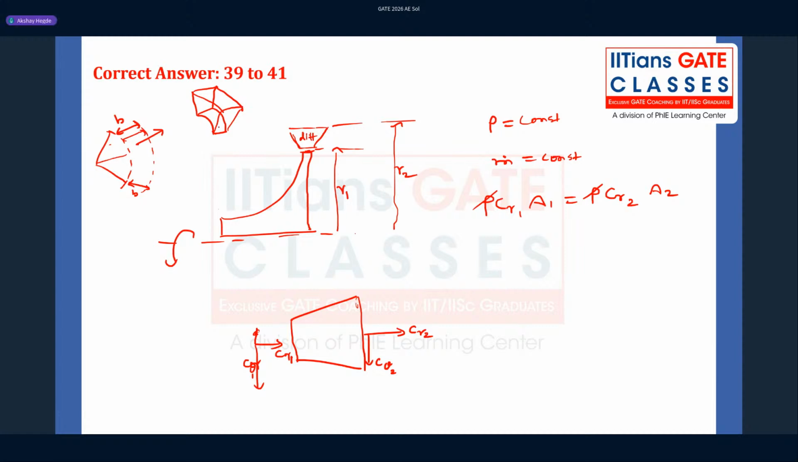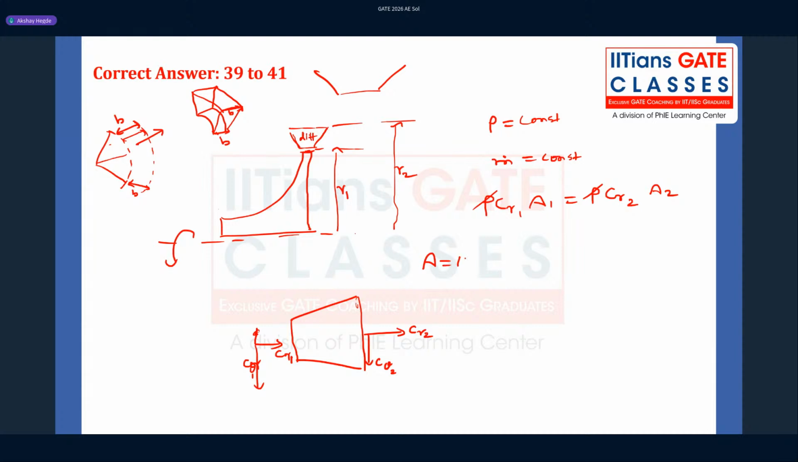So this is how my diffuser would look like. This width is going to be constant, so it's only varying radially. So my diffuser would look like this, but the width that I am talking about is constant. That is given in the problem. So constant width, which means